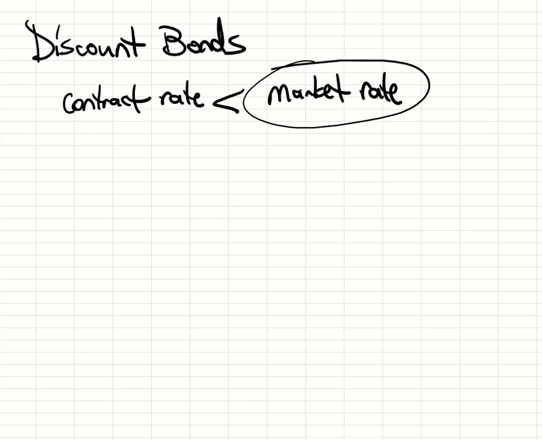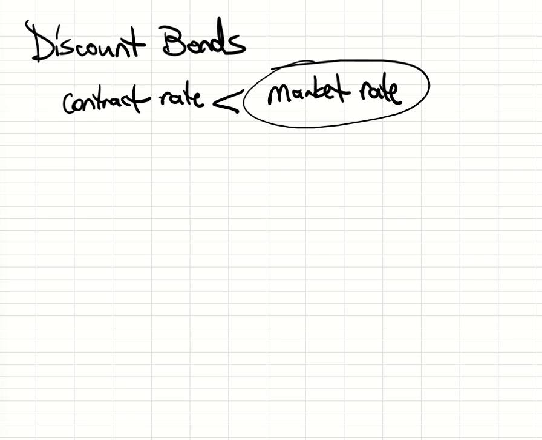So this one here is going to be a recording on discount bonds. And as you can see here, discounted bonds or discount bonds are determined based on the differences between the contract rate and the market rate. Now, for discounted bonds, the contract rate must be lower than the market rate in order for it to be